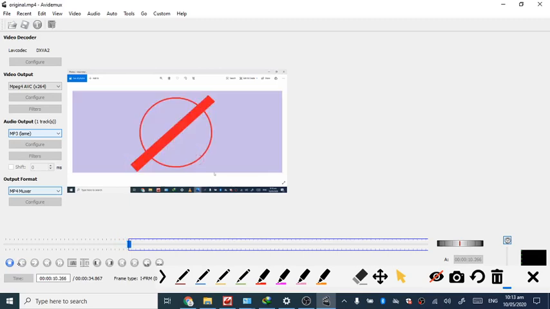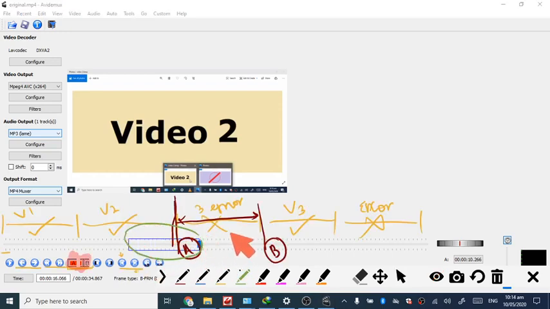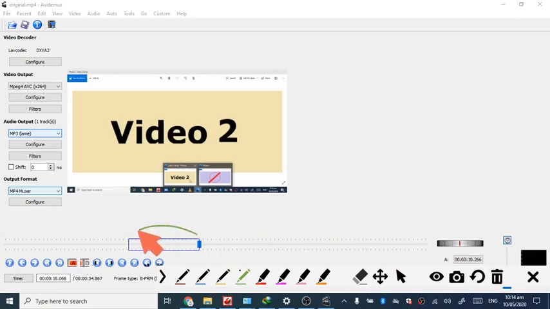and now we can check where the error portion is ending. Now this is the point where the error portion of the video is transitioning to the correct portion of the video. So we set our marker here, marker B here. So this portion has been selected. If you can see, this portion has been selected. I'm going to delete it.